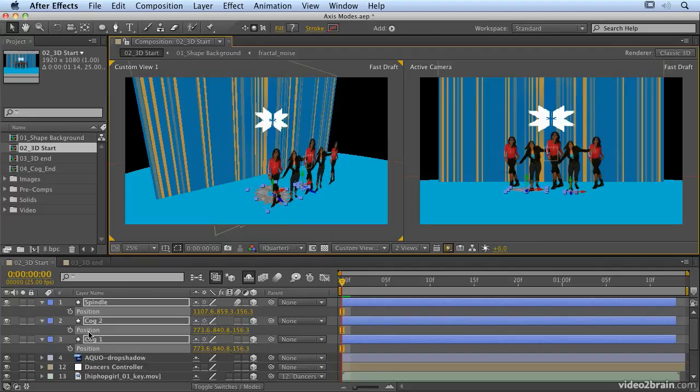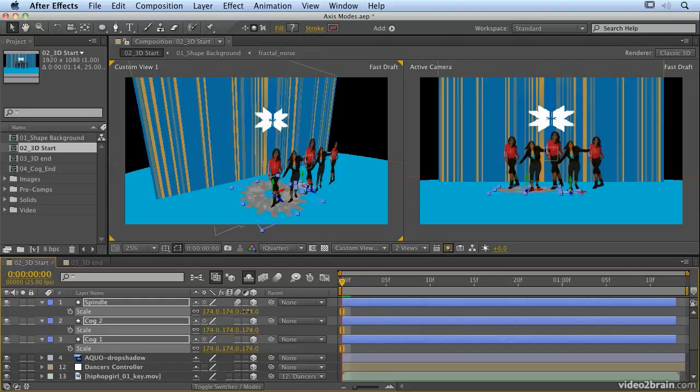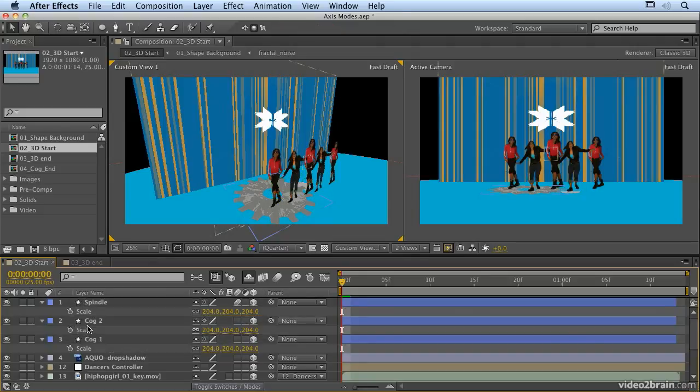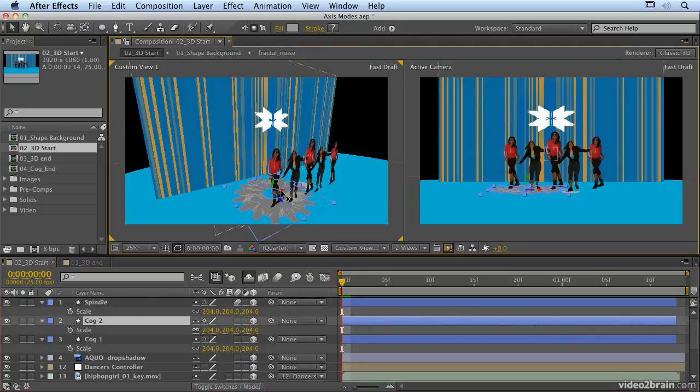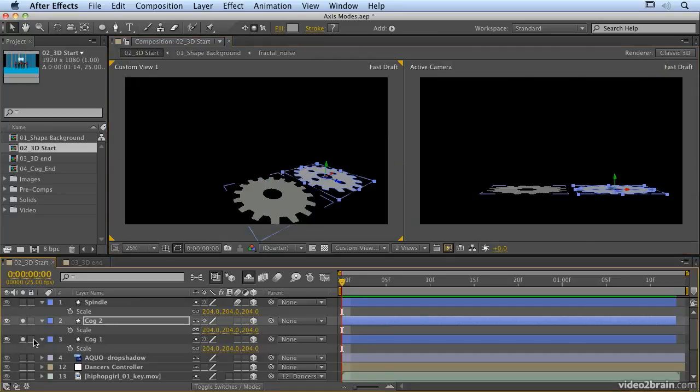Now, the other thing we're going to do is scale those up a little bit. So let's just hit S to bring up scale, and then just increase the scale value. And I'm going to now select cog 2 and just move it over using my axes. So we have our two cogs next to each other. Now I really want to interlock them, so what I'm going to do is just solo them for a second. And then I'm going to look from my top view,